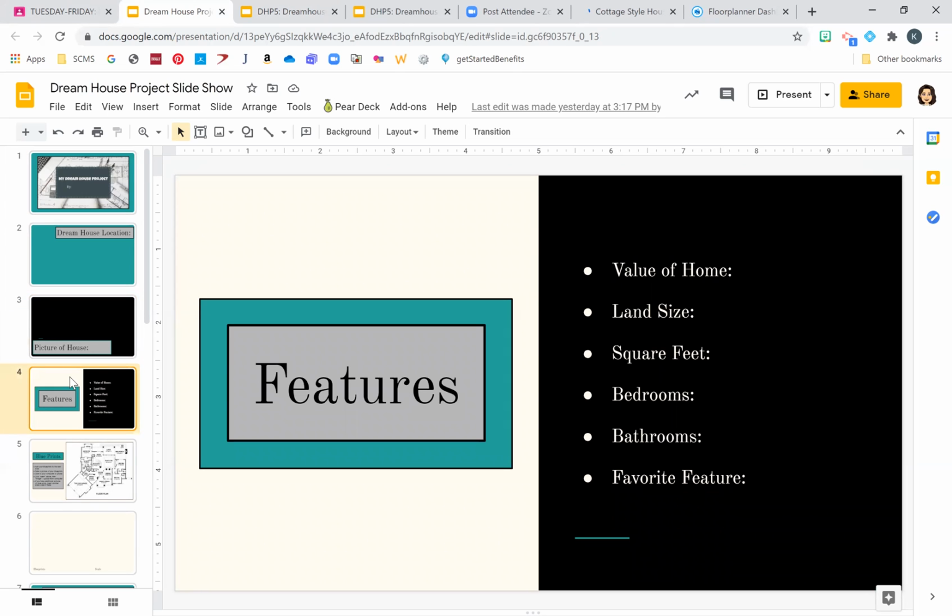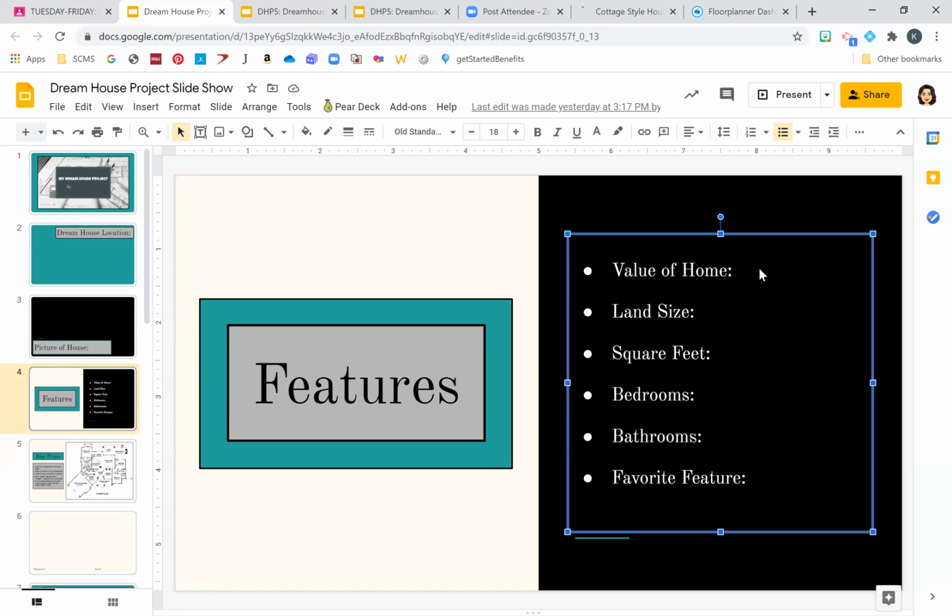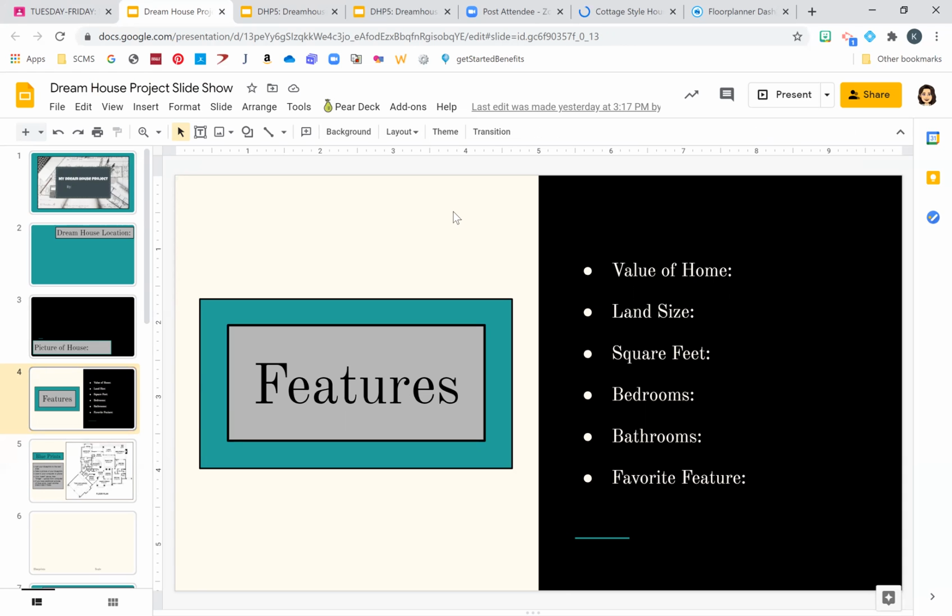Slide 4 is the features, so the value of your home. You've already appraised your home. What's your home cost? Write that there. Land size. How many acres do you want? Do you want a big land? Do you want a lot of acres? Do you want just a regular lot size of 1 acre, or half an acre, or what? Do you want to live in the city where you have like no land? If you live in an apartment, you can put 0